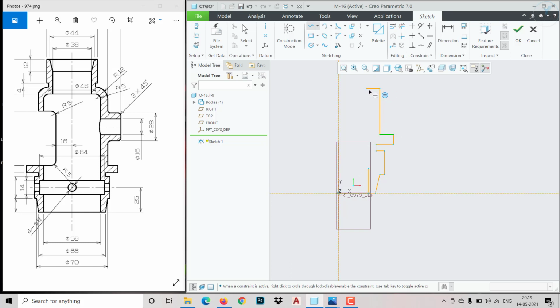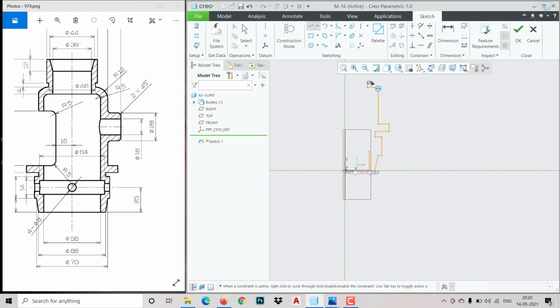Now let me create it here a little bit, and it has to go upward. Then something like this, an inclined shape.